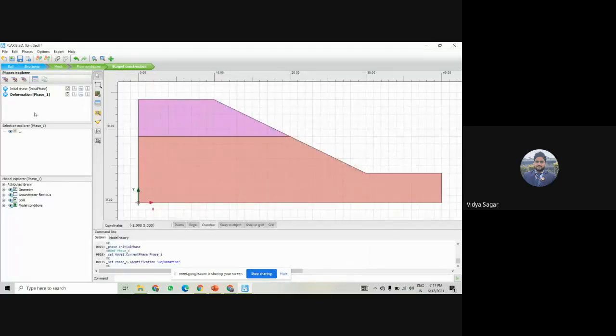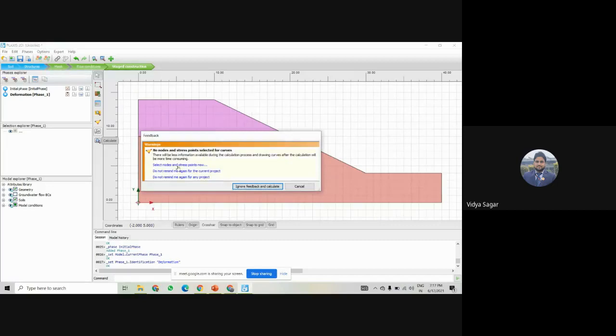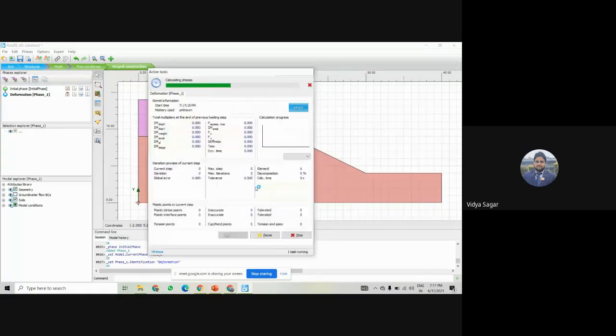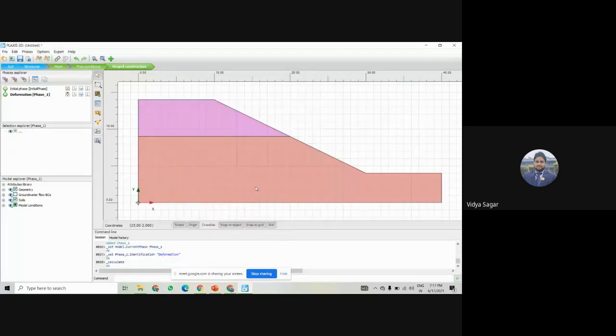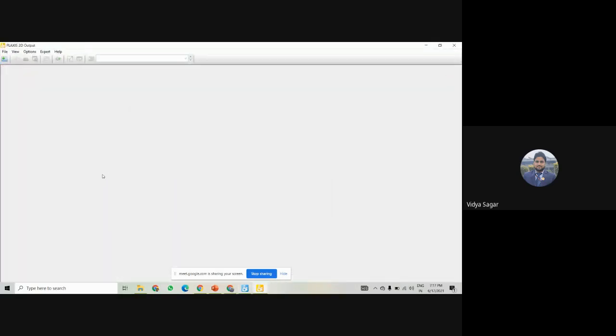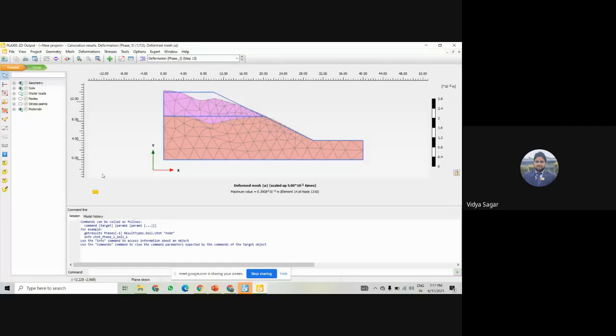So now in this case, if I run it up to here, we will see what the result is here. Okay, so if I run it, because we only want to check how the deformation is showing in this slope. So view results. And now you can see here, this is a deformed mesh. The deformed mesh is due to its own weight.